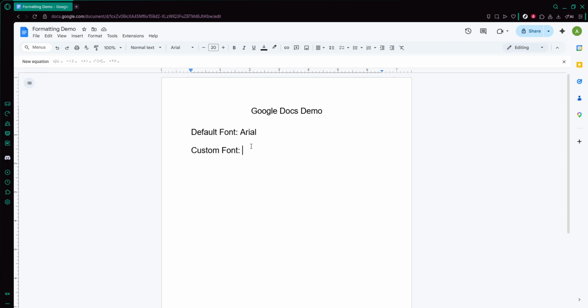Let's start from the very beginning. First, open Google Docs. You can do this by going to the Google Docs website in your browser and either opening an existing document or creating a new blank one. It doesn't matter which document you choose, as long as you're inside the editor where you can type and format